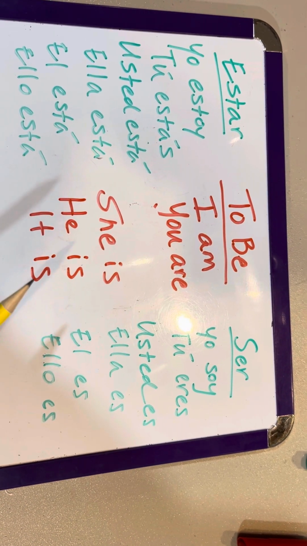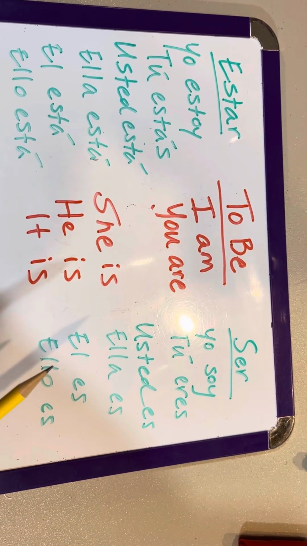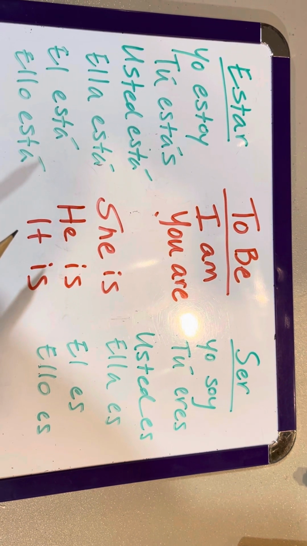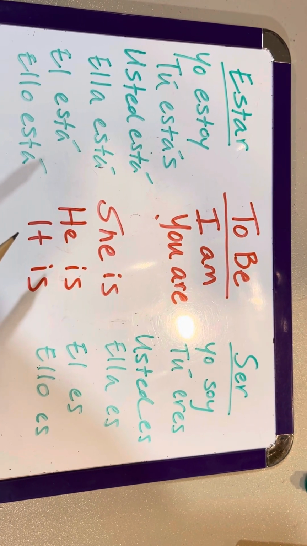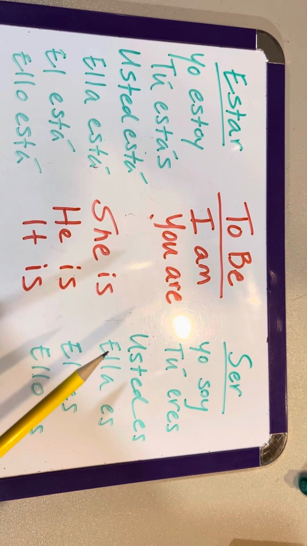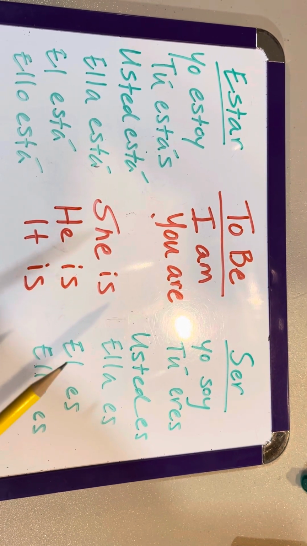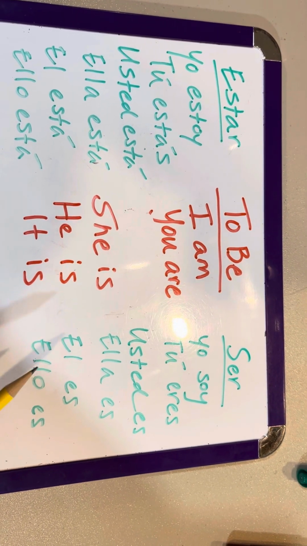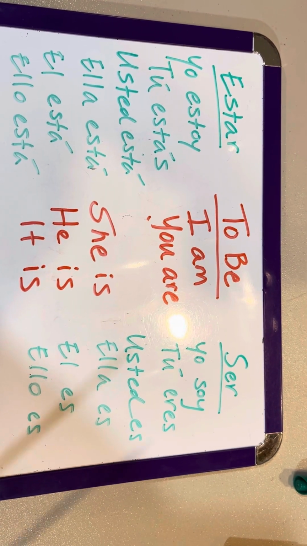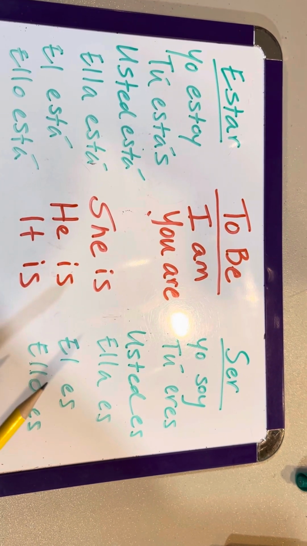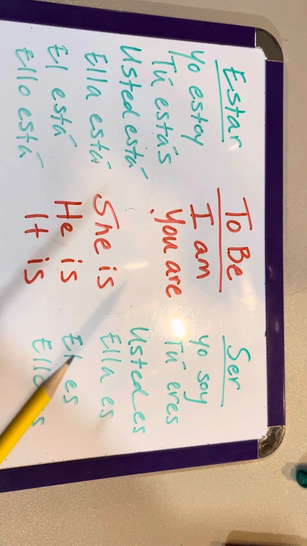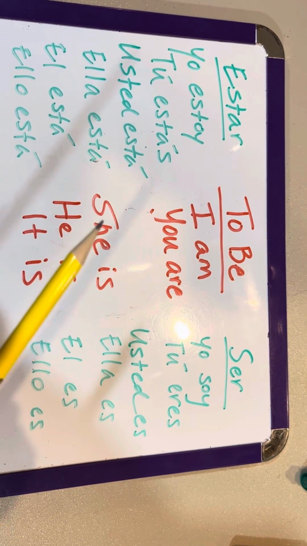Now, in our class that we just had on Wednesday, there was discussion over using the word ello. It is used a lot in English. It is not used as much in Spanish because everything is either female or male gender. When it is ello, they often use it in reference to this, that, or that over there. But the grammatical form is ello. Ello es, that would be your it. Okay, él, that's your he, ella, your she.